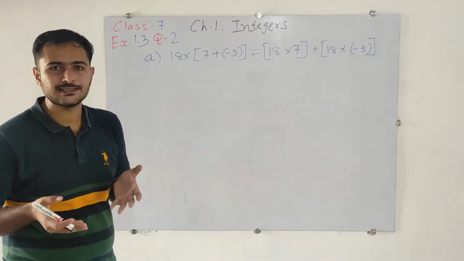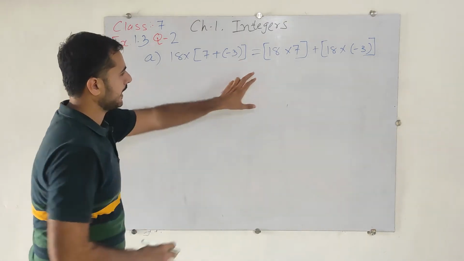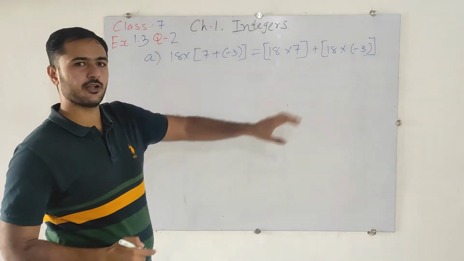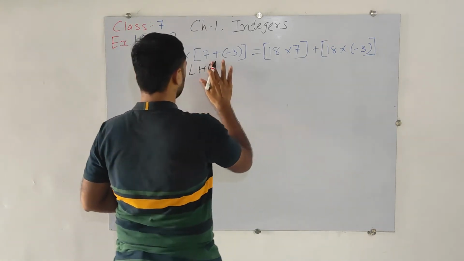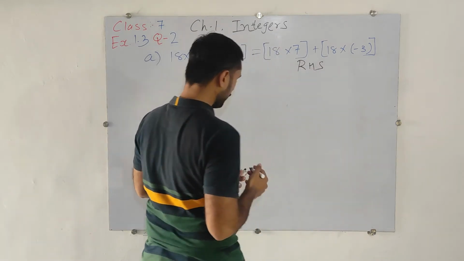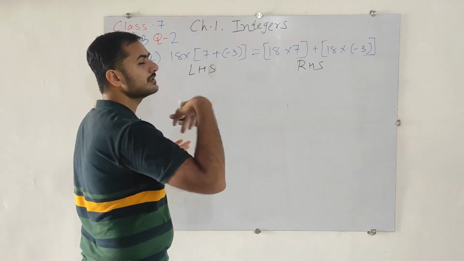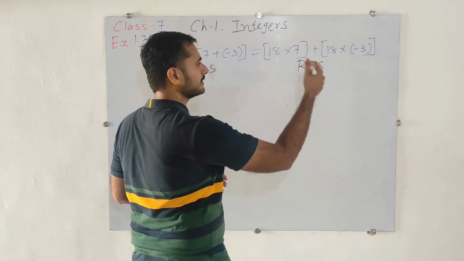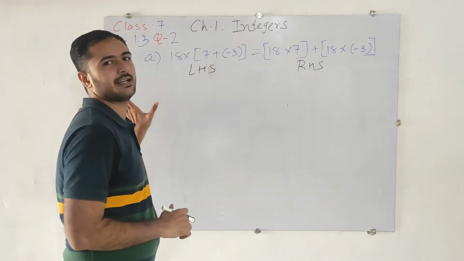But how do we do that? That's the question. So here, see, the 2 sides are given, because from the equal sign, this is the LHS and this is the RHS. What is the meaning of LHS and RHS? LHS means left hand side and RHS means right hand side. So from the equal sign, the right side will be the right hand side and the left one will be the left hand side.